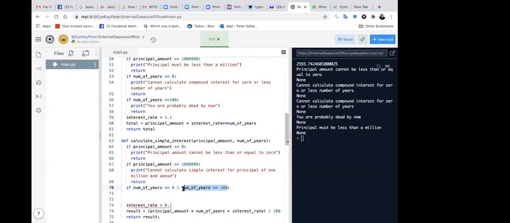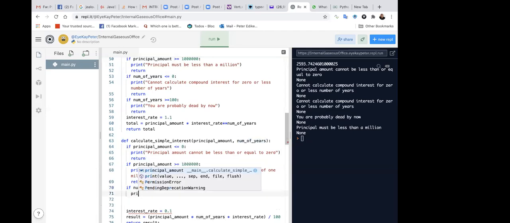Now this tells you that it is possible to concatenate Boolean expressions. Maybe I have multiple conditions. Yes, I can have an if condition for every one of them, but it's also possible for me to run all of them as one. In this case, I'm saying if number of years is less than or equal to 0, or number of years is greater than or equal to 100, I want to print